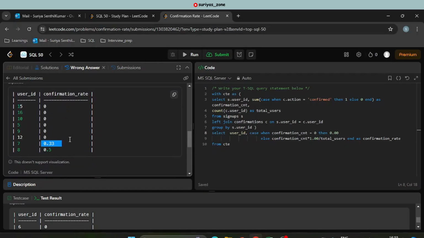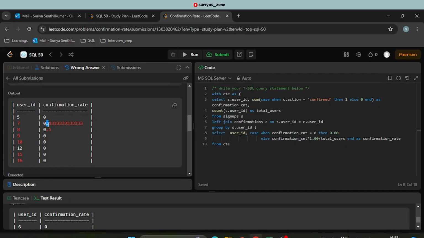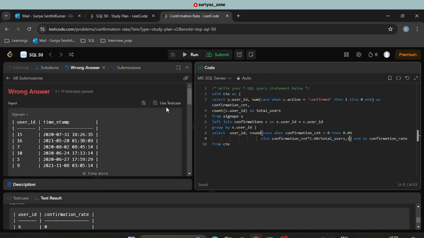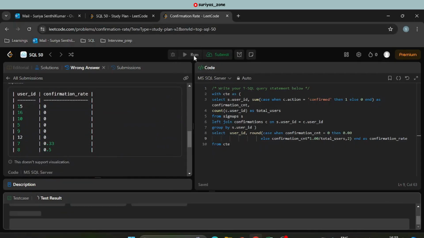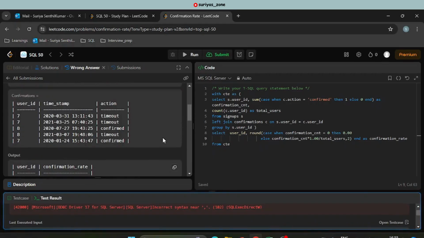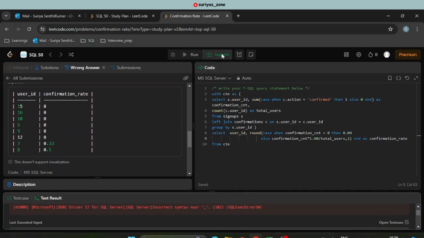We are getting 0.5 and 0.33, but here it is going 0.33333 like that, right? So that round is needed. Anyway, we are learning, right? So these things can happen. So if you put round of 2, then this scenario will get handled by default. Okay, so if I run now and if we submit it,